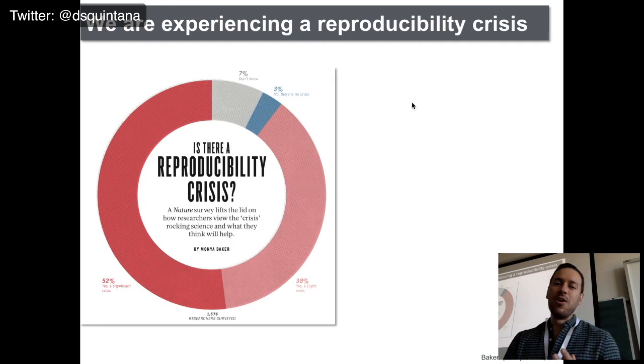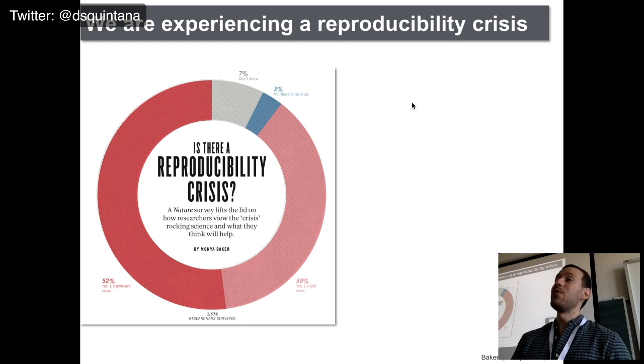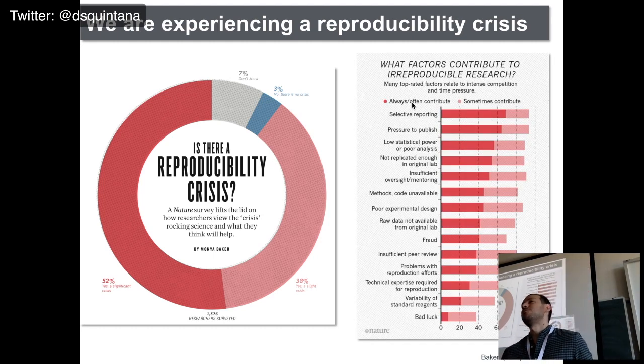Whether you believe it or not, we are experiencing a reproducibility crisis in psychology. There was a recent survey where I think they asked over 1,500 scientists, and almost everyone admitted there is a reproducibility crisis of some sort, where the results in psychology do not reproduce. And there's been a number of factors which have been suggested to contribute to this